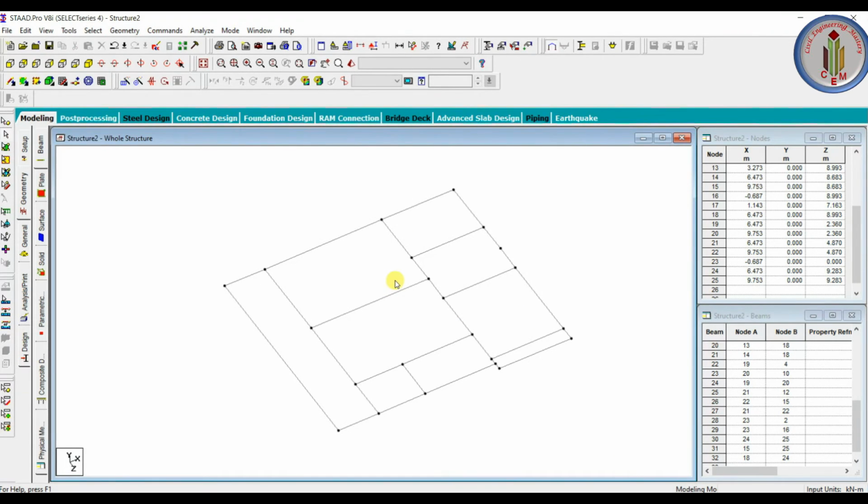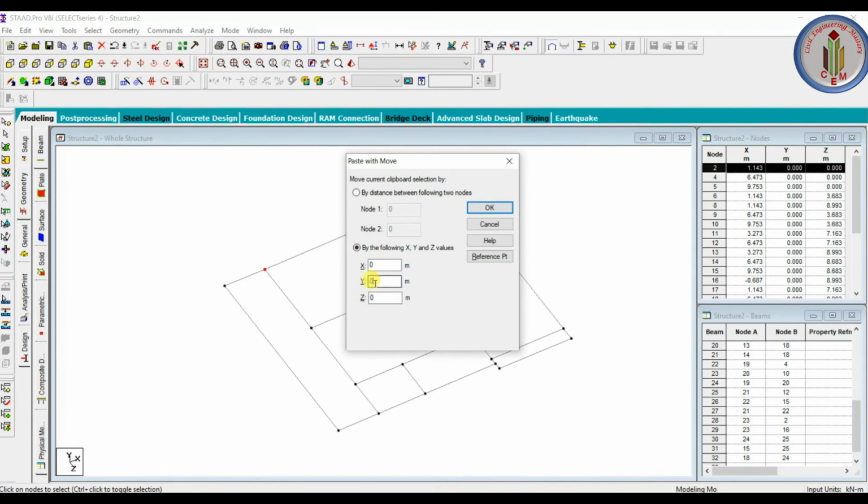Here what I will do is now, I will select this one node and then Control C, Control V. Let's take it in the Y direction. That is 1.5 meter. So let's give here negative sign because it has to go down, right?